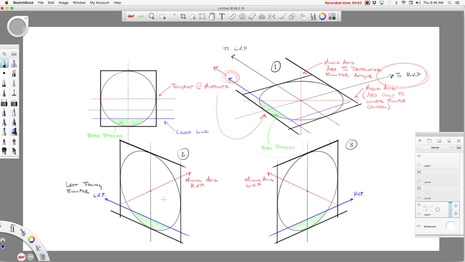With a left-facing ellipse, you're going to use the vertical. So you're going to use this vertical line going through the center, and then you're going to use a line going towards the left vanishing point to check the chord. The minor axis, remember, is going to be going towards the opposite vanishing point of the direction that the ellipse is facing. So for this left-facing ellipse, the minor axis, which is the most important thing on all of these,